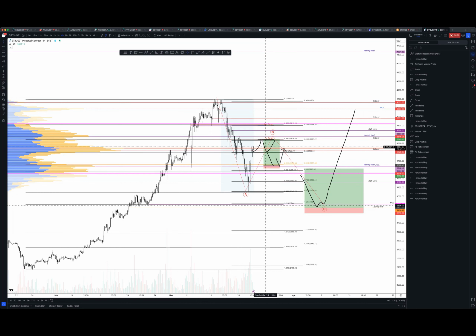G'day guys, today's midnight, Friday the 22nd, and I'm looking at Ethereum and there's a few scenarios that I'll be sharing with you, so looking for setups. And I'm not saying this is what's going to happen, but if it does, this is what we plan to do. First one is, I believe that is the bottom, and we're just going to do lower highs on the